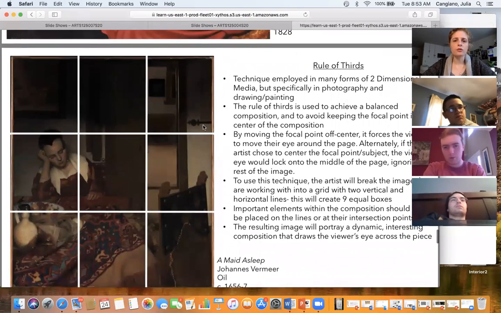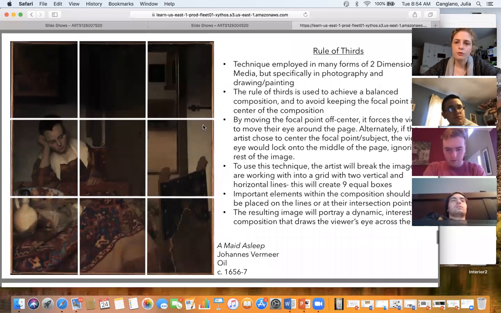And finally, the rule of thirds. This is something you guys may look for in some of the works that you'll be looking at for homework. The rule of thirds is a technique, and you may be familiar with it or not, but it's employed in 2D art making, specifically in photography, drawing, or painting.